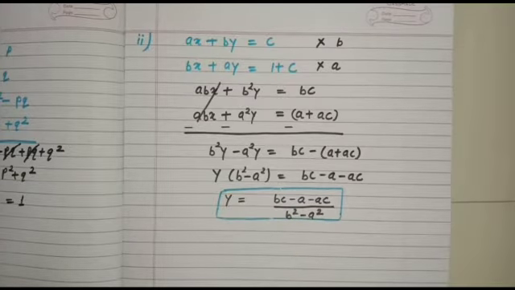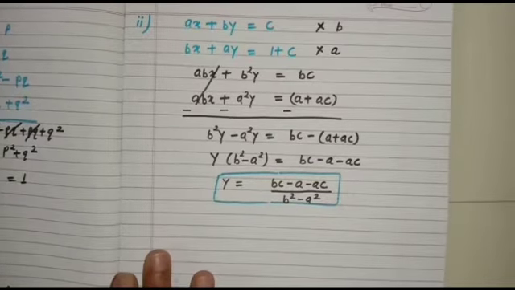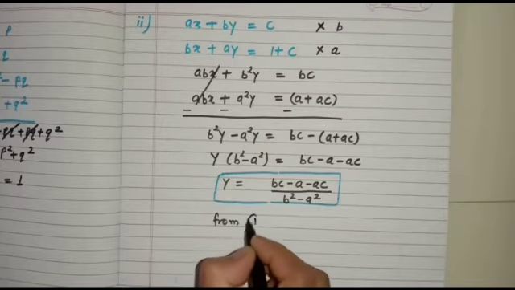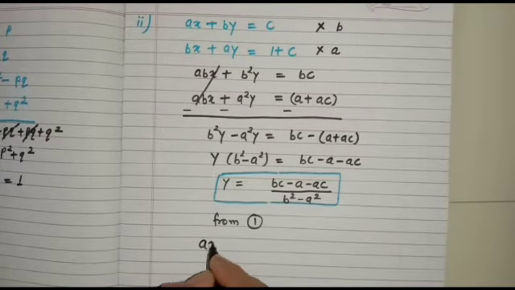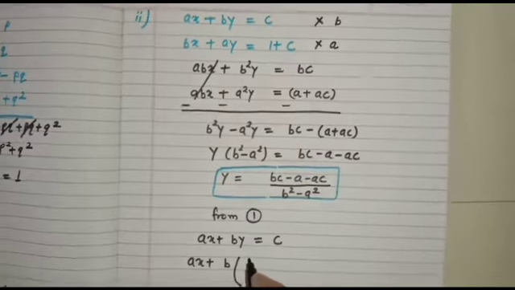With the help of this value, now we will find the value of x. Again we will substitute the value of y in any of the equations. Again I am using equation 1, ax plus by equals c. Ax as it is, b as it is. The value of y is